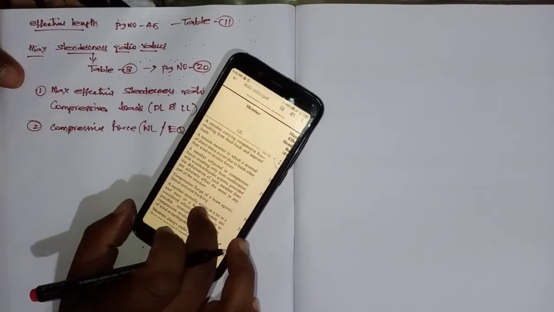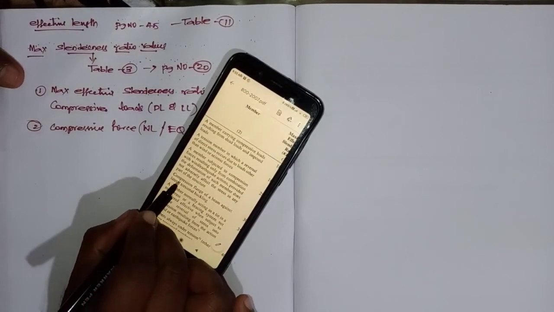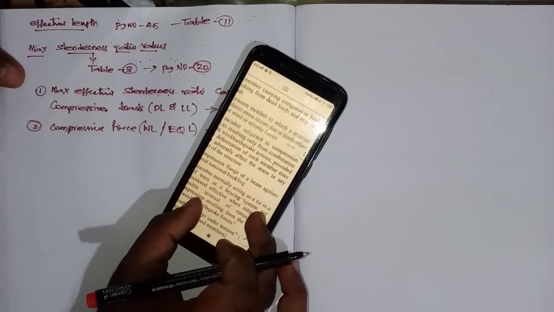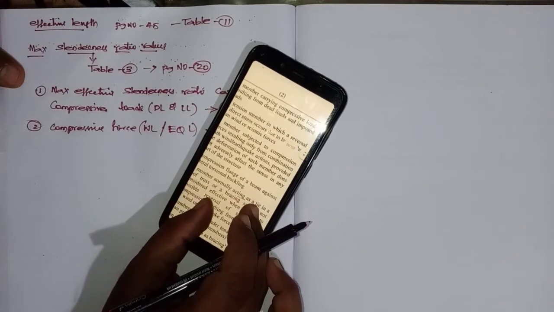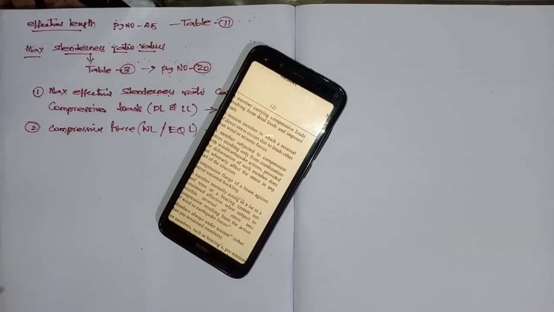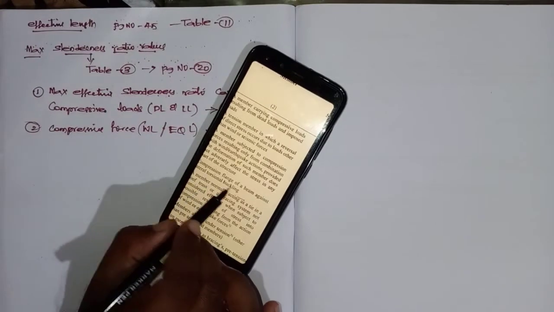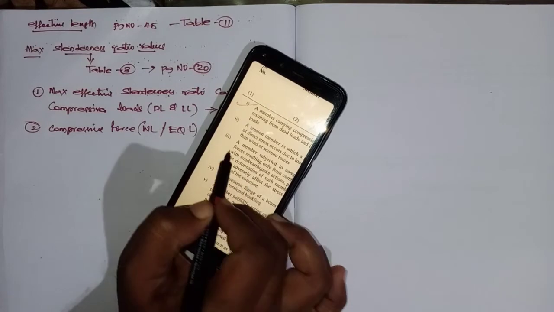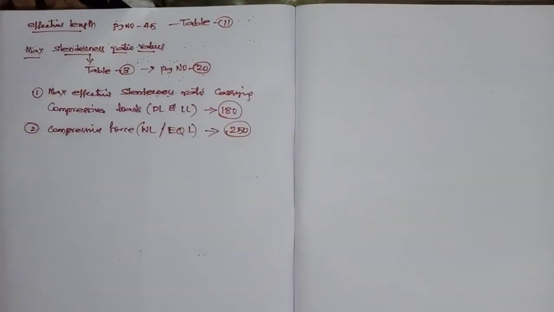So these are the two values. One more is there: compression flange of a beam. It is not a compression member, but compression flange means, suppose I take a simply supported beam, above the neutral axis, it is what zone? We call it as what? Compression zone. So the flange in a compression zone is nothing but a compression flange. Further they are given. So these two are very important. This first one, and a third one. Next,